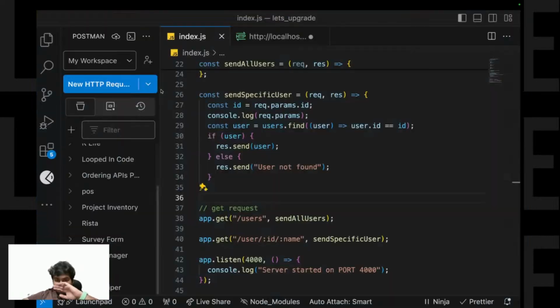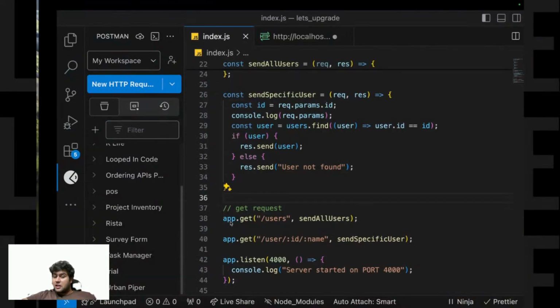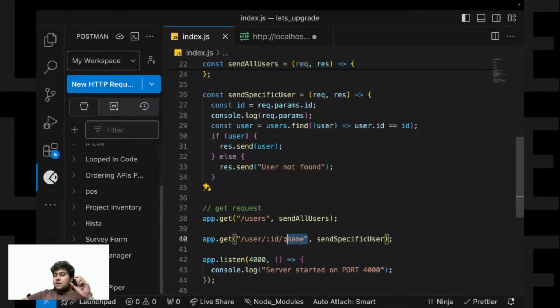Now in request dot params, I'm also getting the name. So basically, whichever variable I write after colon over here can be accessed by request dot params. Hence I'm able to get the ID.